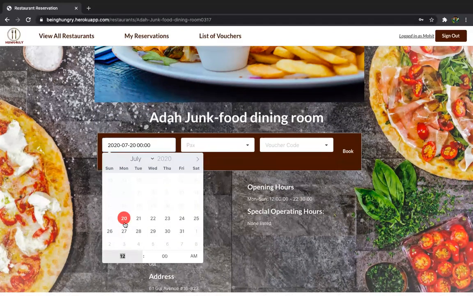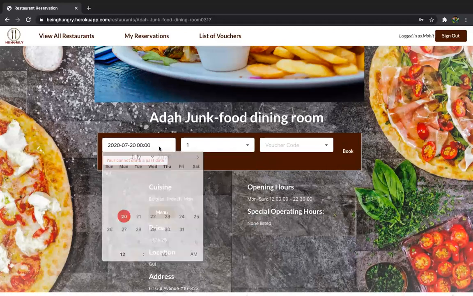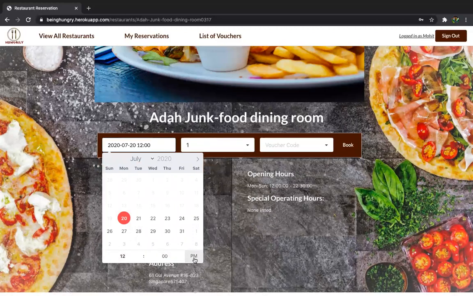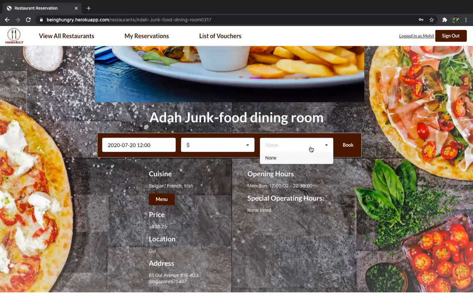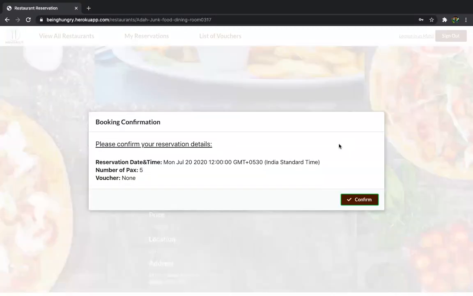Suppose I want to reserve on the 20th, and we choose the number of persons and the time. Suppose I select 12 p.m. and 5 persons. If a voucher code is available, then it will show. But for this restaurant no voucher code is available, so I just click on book.